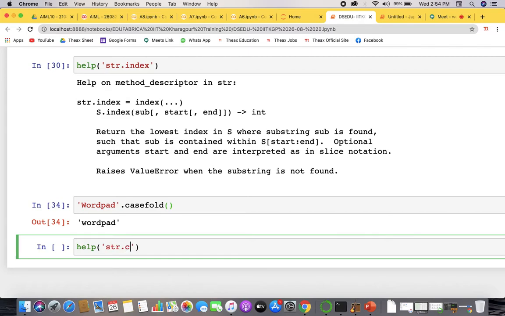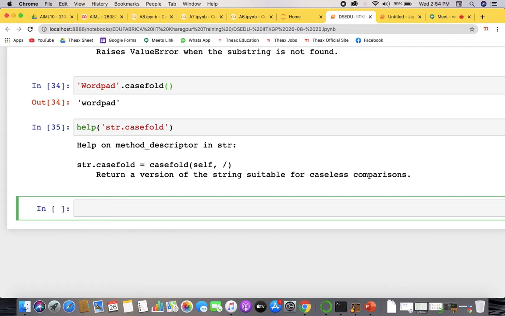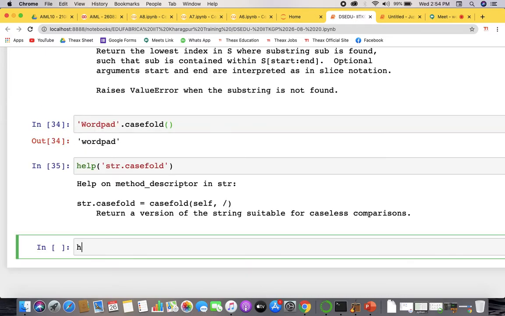You get a copy for a caseless comparison. Casefold returns a version of a string suitable for caseless comparison. So there is a difference between lower and casefold.